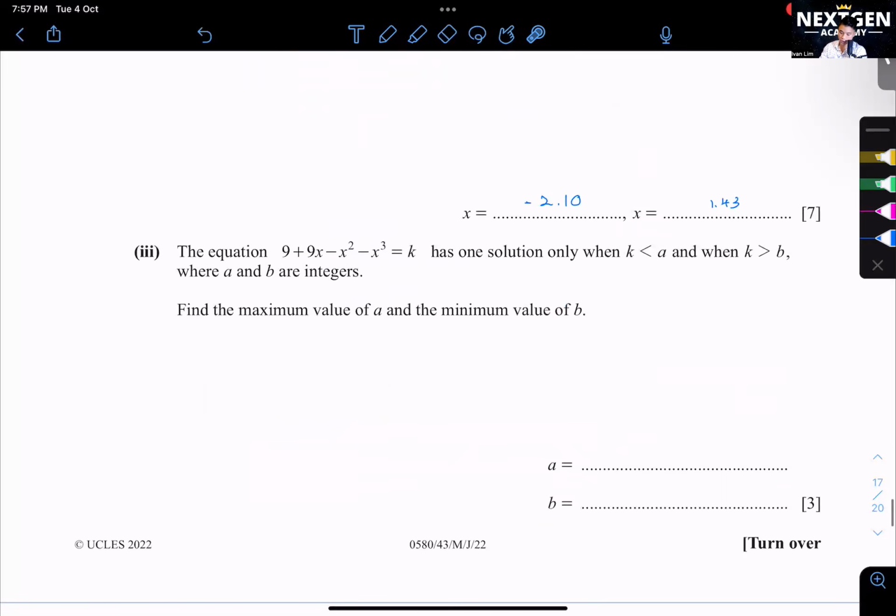Okay, question 3. I think a couple of you didn't read properly. a and b are integers. So make sure you round it up to become an integer. So you just need to sub in the value. When they say value,